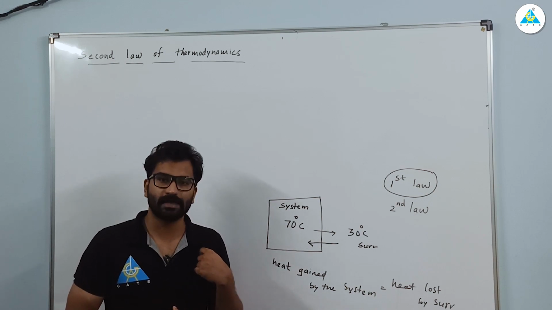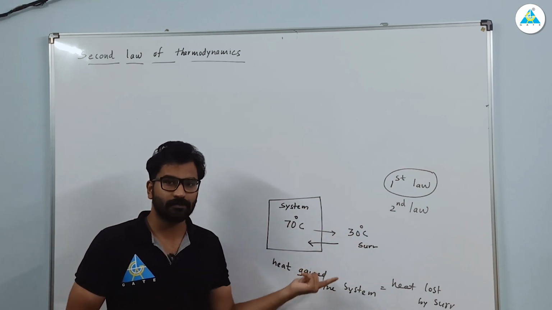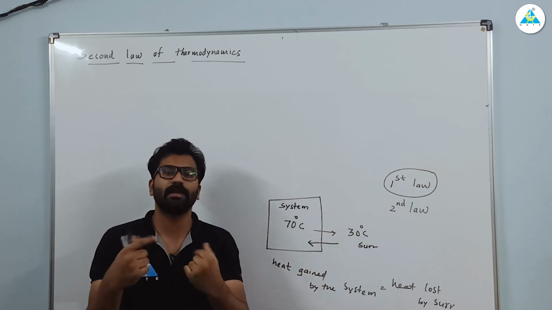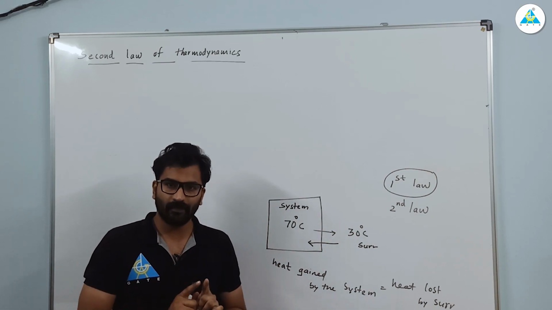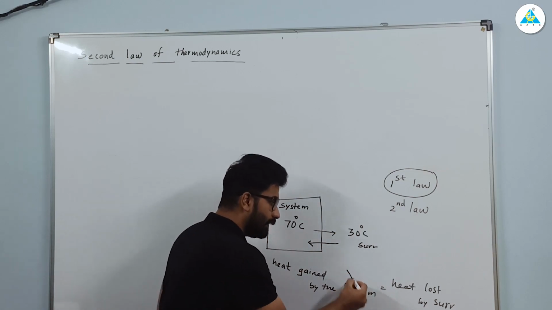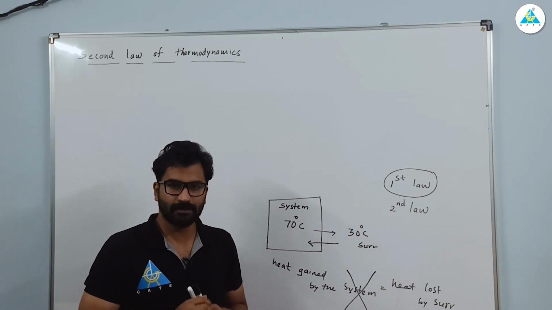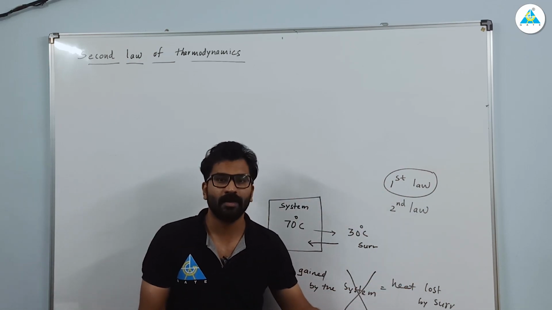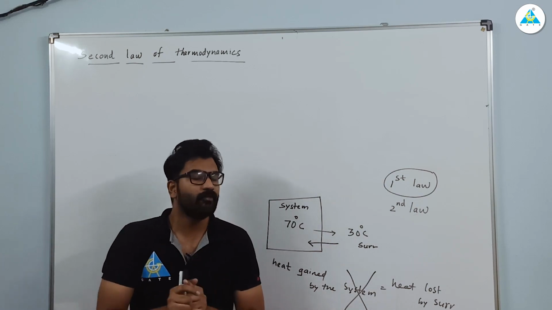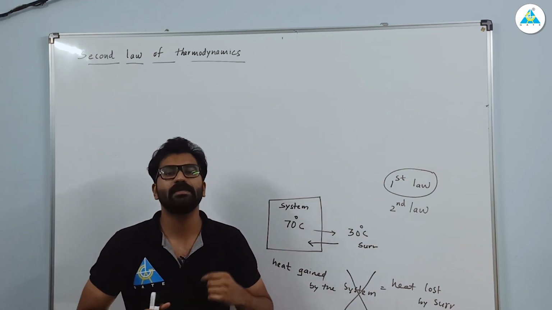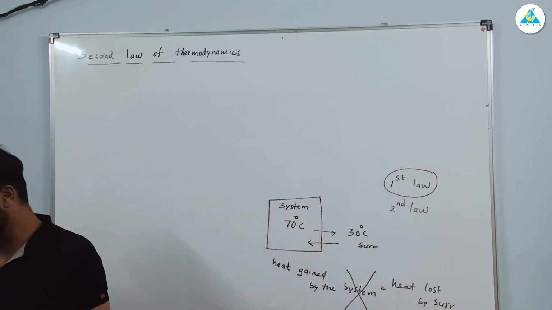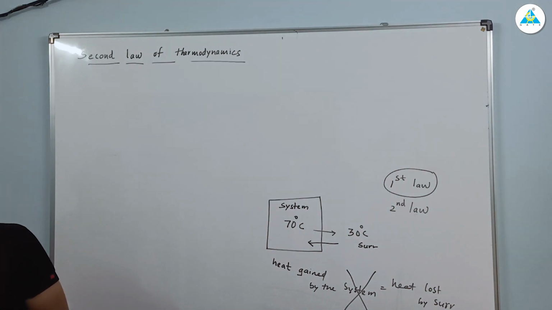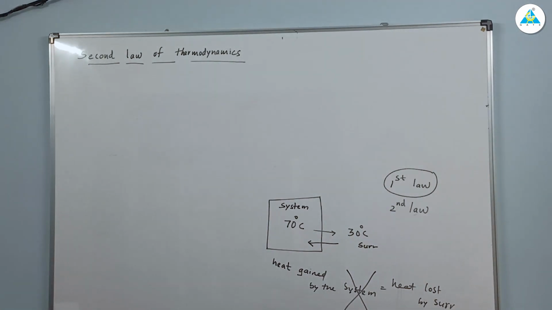But the problem is your heat transfer process always happens in the direction of decreasing temperature. That is, heat transfer will happen only from high temperature to low temperature. Clear? So this is not correct, but according to the first law, this is also correct, no? So that is the problem. That's what we are saying: the first law is not giving any restriction to these processes. I hope you understood. That is, the first law places no restriction on the direction of a process.